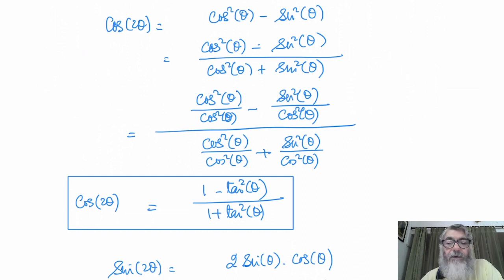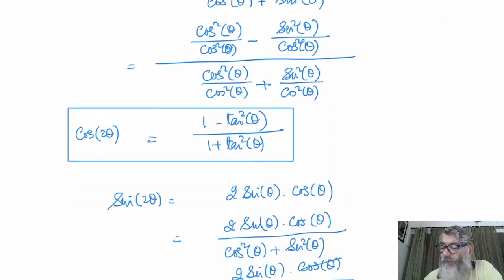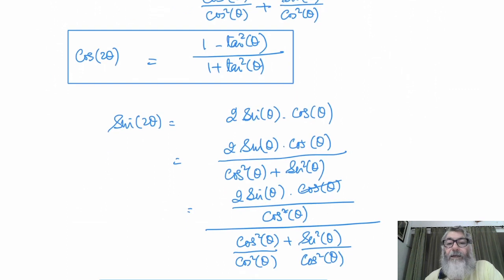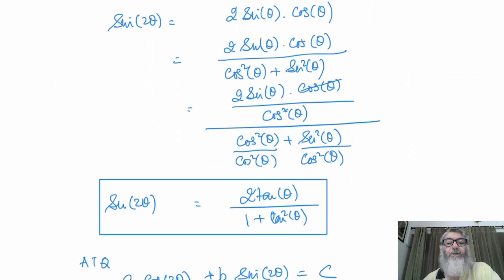I have derived the formula for you to understand how we arrive at this conclusion that cos 2 theta is equal to 1 minus tan square theta upon 1 plus tan square theta. Then I said sin 2 theta is 2 sin theta cos theta. Again we divided the expression by cos square theta plus sin square theta, which is saying divide the expression by 1, which doesn't make any difference to the expression, but the shape will change. How? I divided again the numerator as well as denominator by cos square theta, and we achieved the formula sin 2 theta is equal to 2 tan theta upon 1 plus tan square theta.